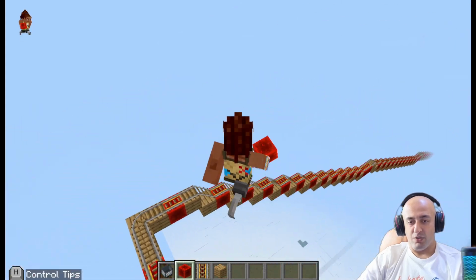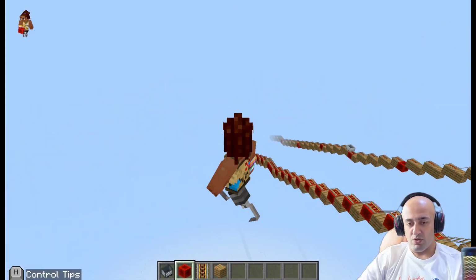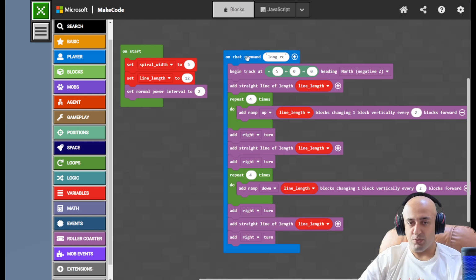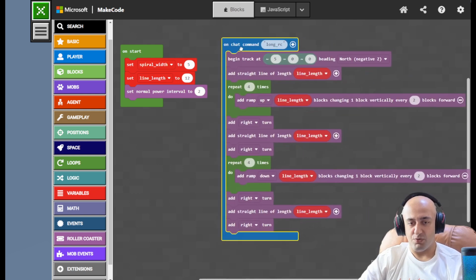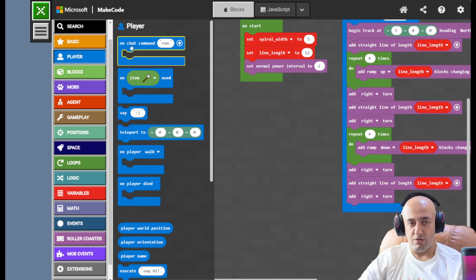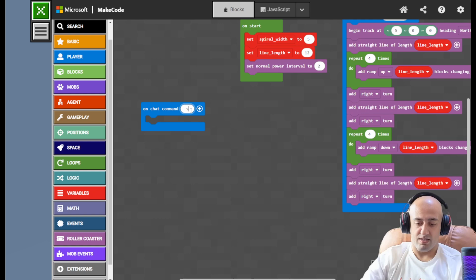So the next thing we're going to do is make a spiral roller coaster, which is going to be quite fun. Well, at least I think it's quite fun. You see, this is not too difficult, right? This code is quite easy. So let's make our spiral roller coaster. Okay, we'll type in spiral